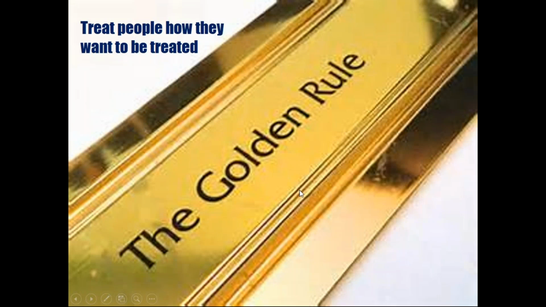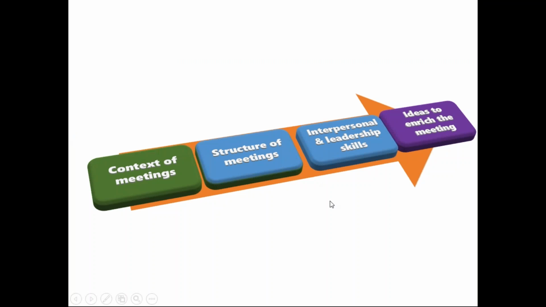Now, it's based on the golden rule. It's based on the platinum rule, actually, because the golden rule is treat people how you want to be treated. And the platinum rule is treat people how they want to be treated, which is essentially what I was getting at in Module 5. So, guys, I'm hoping you had a good opportunity to try that and have a bit of fun with it and consider some different ways, perhaps, for communication.